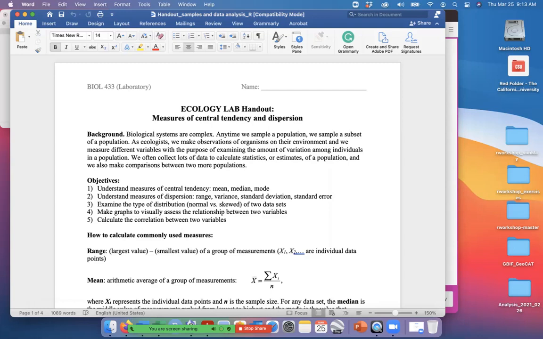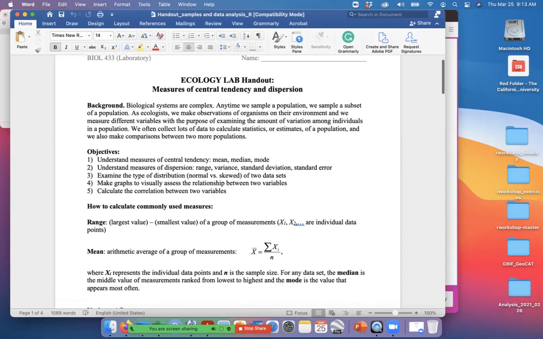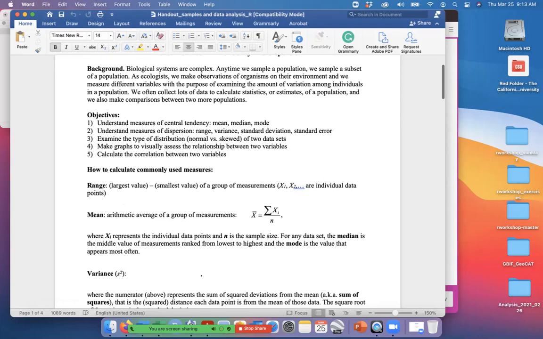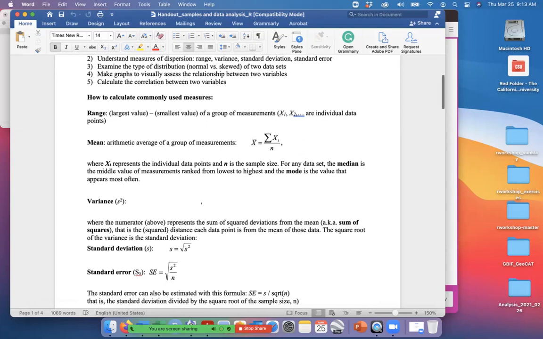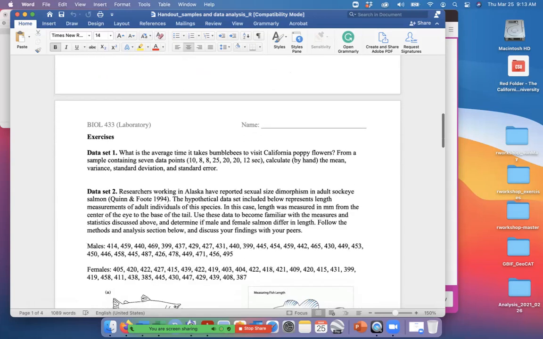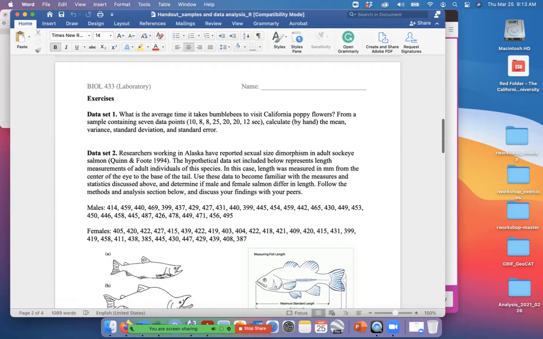This is the handout. Just read the first page to remember what you did in week 4. If you review this material, all the formulas are provided here. We're going to work through these data sets. We already solved all of these using Excel, of course. Now we're going to solve them using R,